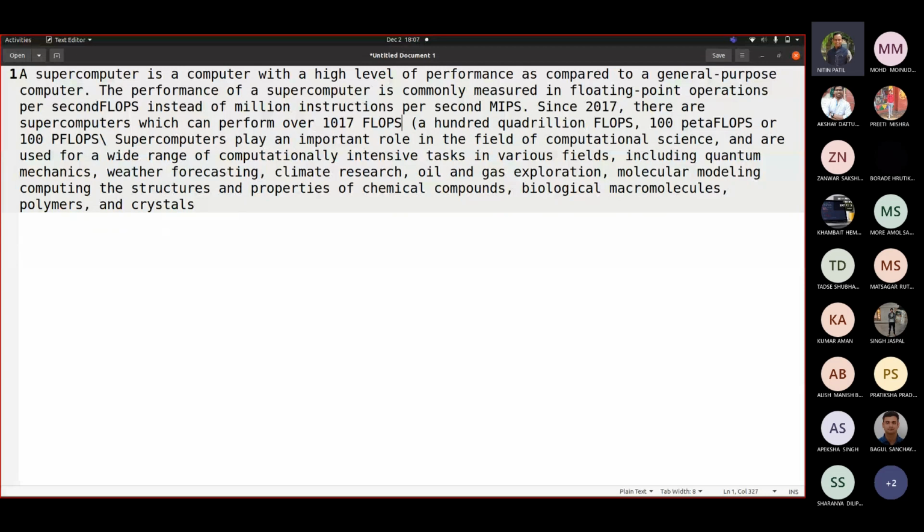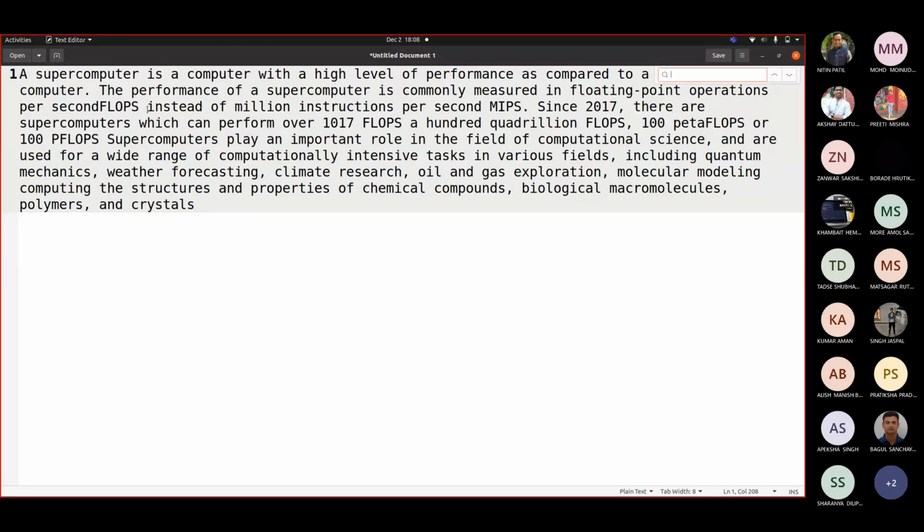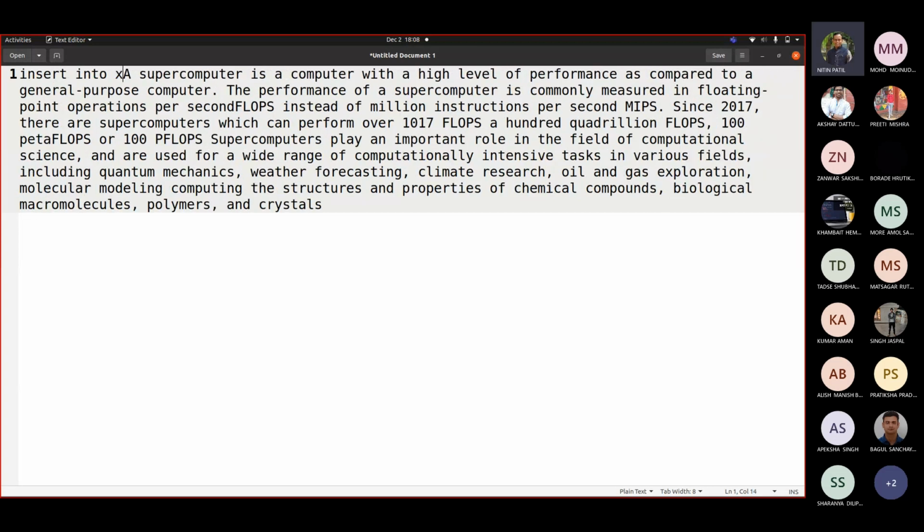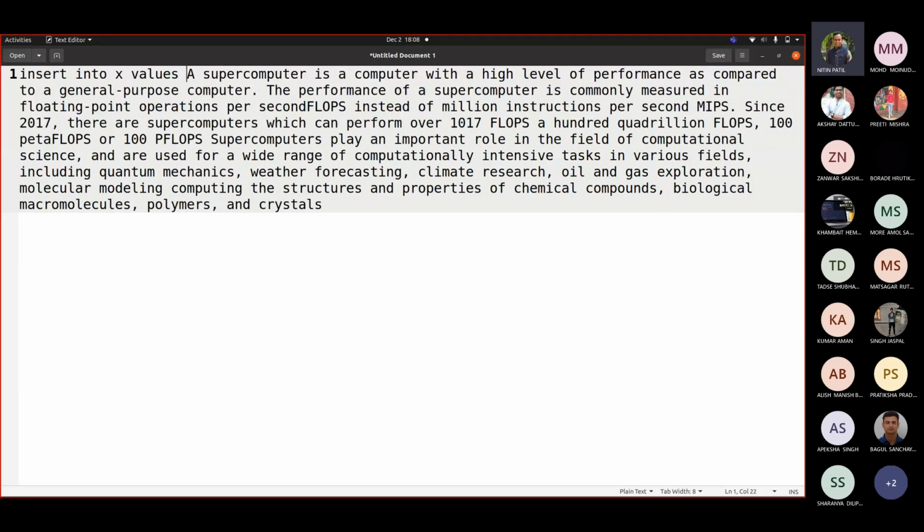So we have this added. Fine. Now I am adding here insert into X values, comma 2.